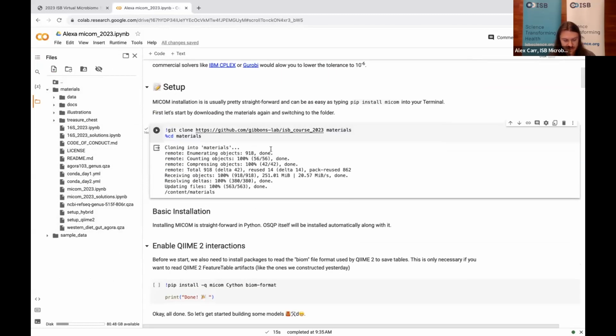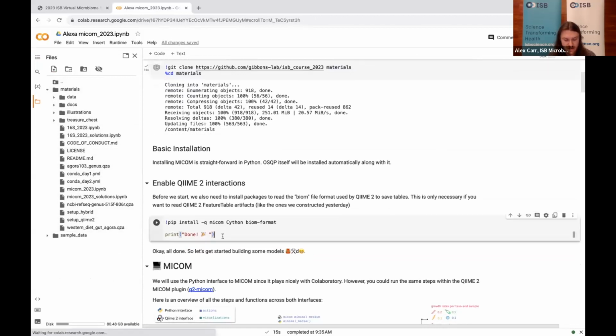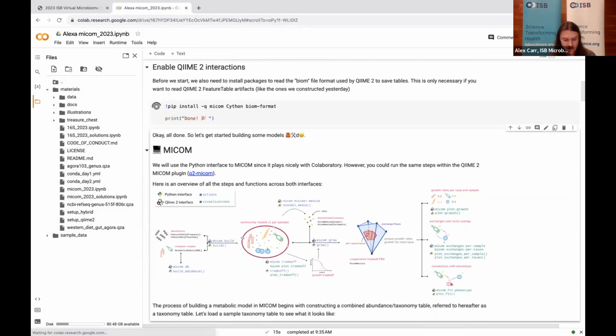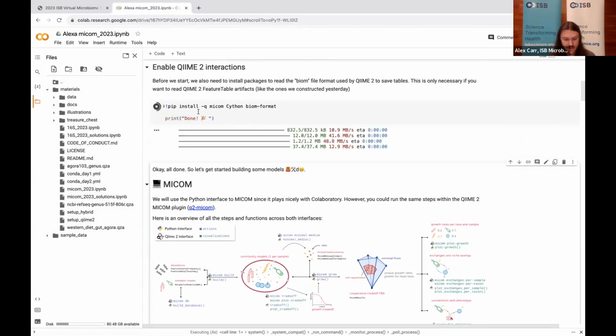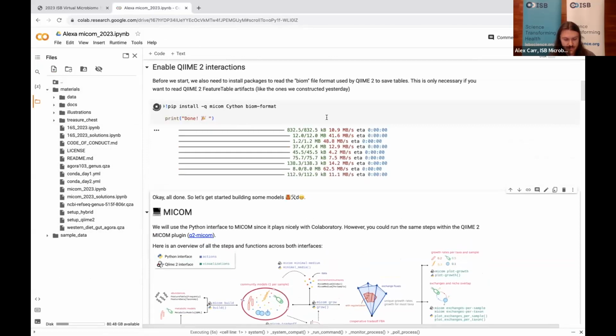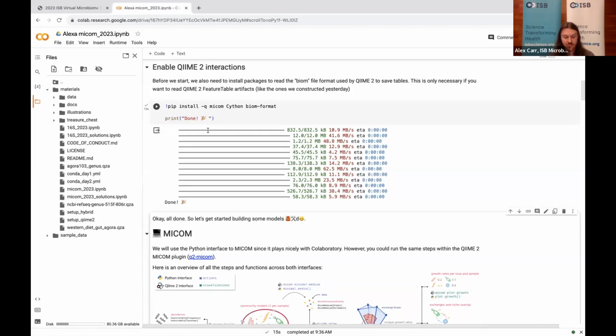So now that we have the materials, we want to install Microbiome, which is the tool we'll be using today, and also allow interactions with Chime, which is included in this download. So you can see this is running pretty quickly. Once this is done, we're actually going to go ahead and move through the process of importing the data and